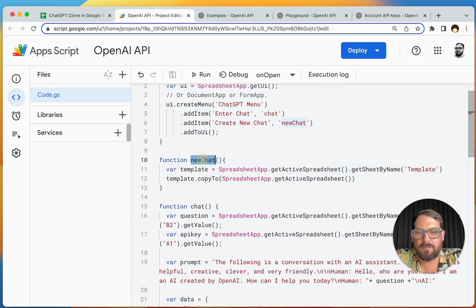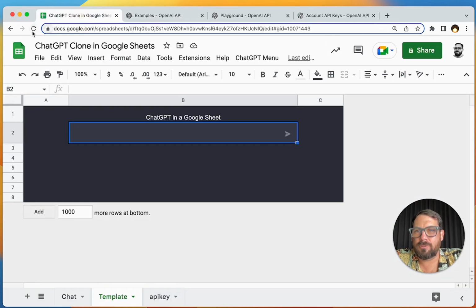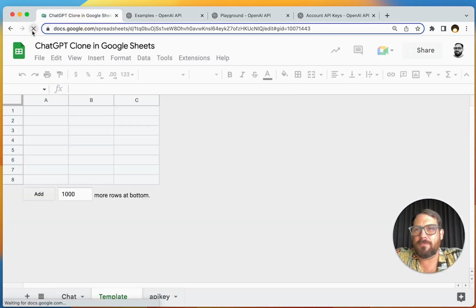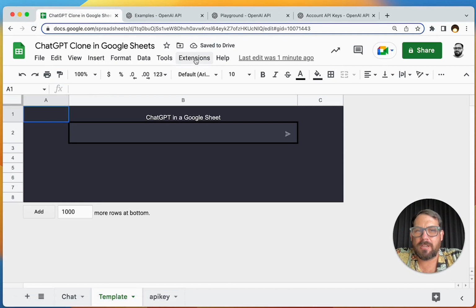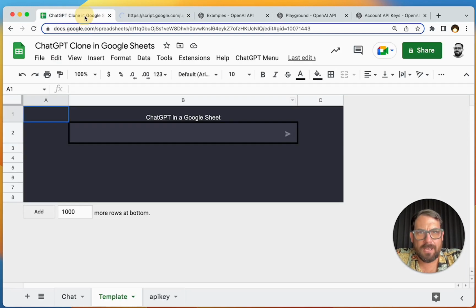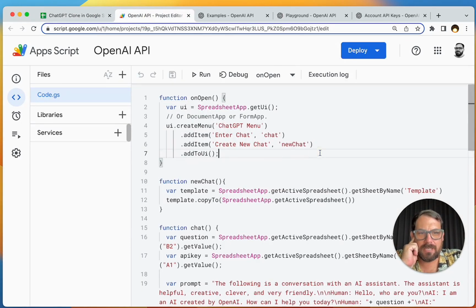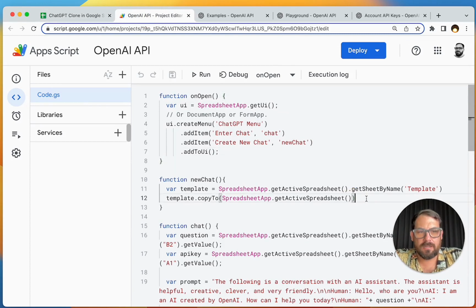Let's double check. We're going to save it, close it, and open it again or refresh it so that on open in our menu we get that function. And in case we have any errors, we'll see create new chat. It should say copy of template. Perfect. Now we want to name it. How do we set the new name? We probably do